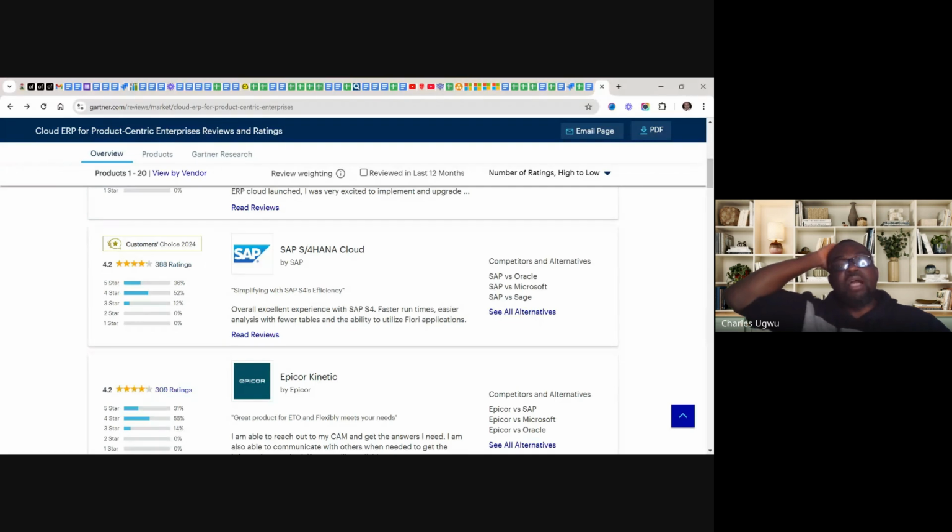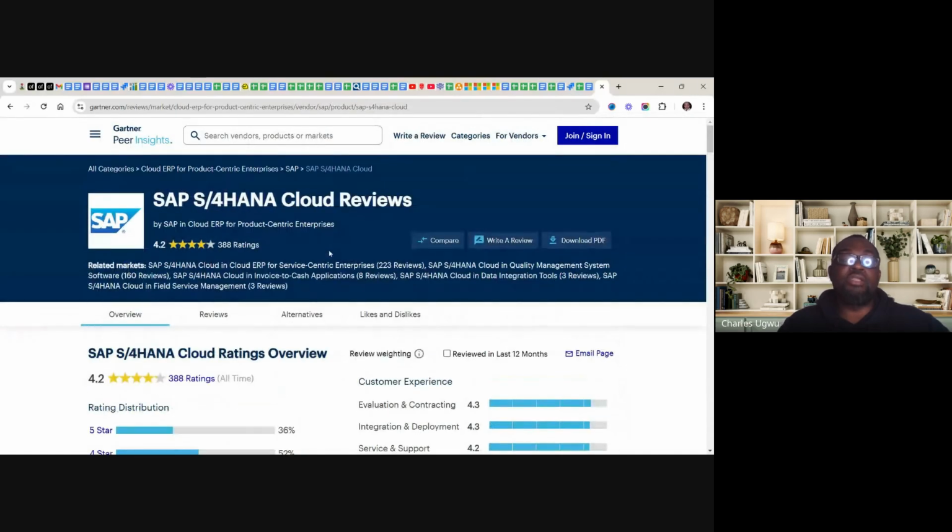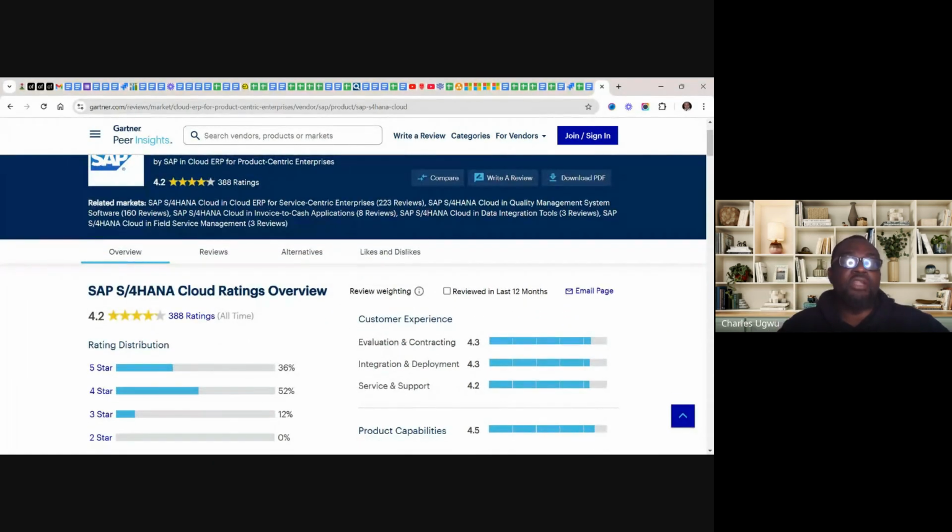Because SAP is a very popular name, we are going to go to the ones we know, the very popular ones. So we click on SAP to understand what people are saying about SAP. You see the overall rating of SAP. SAP is rated 4.2 by